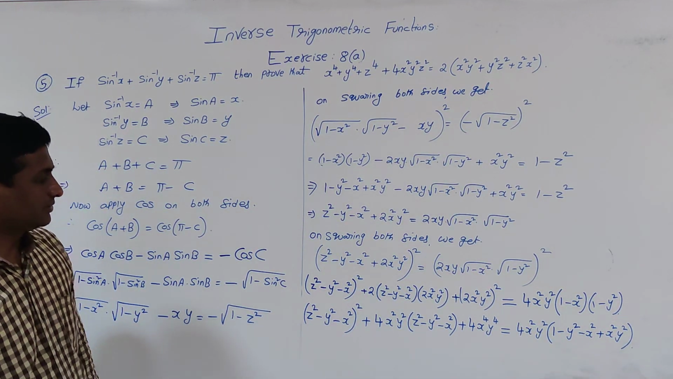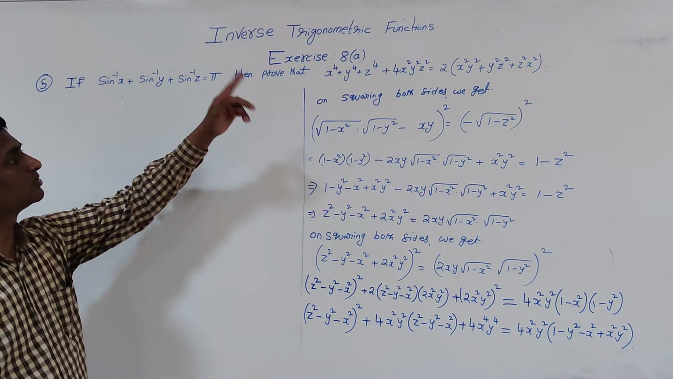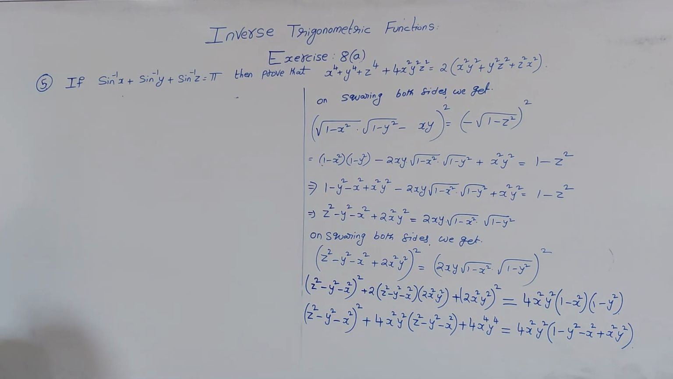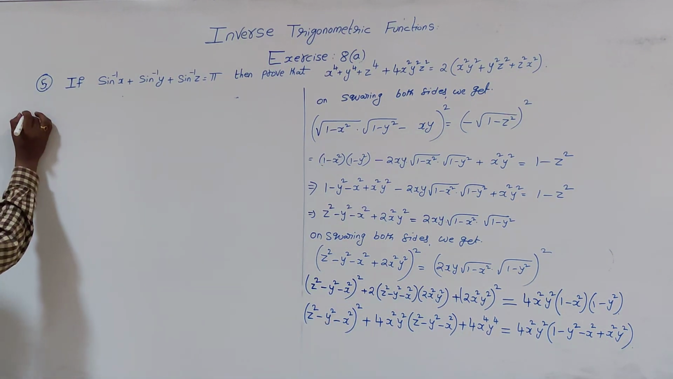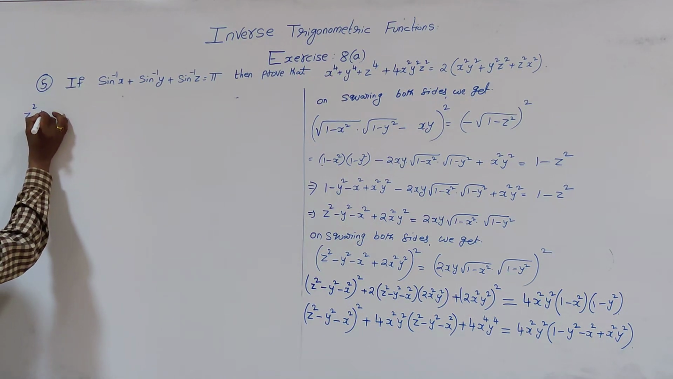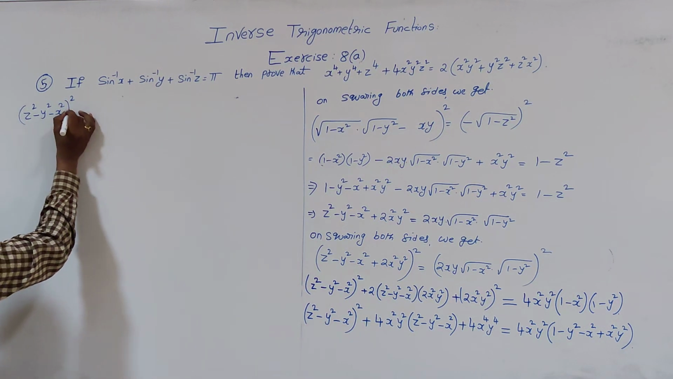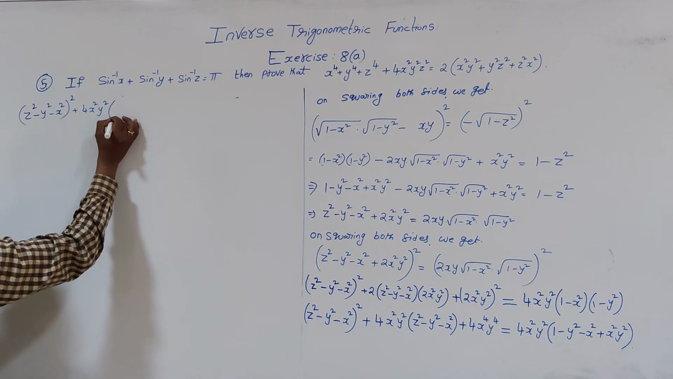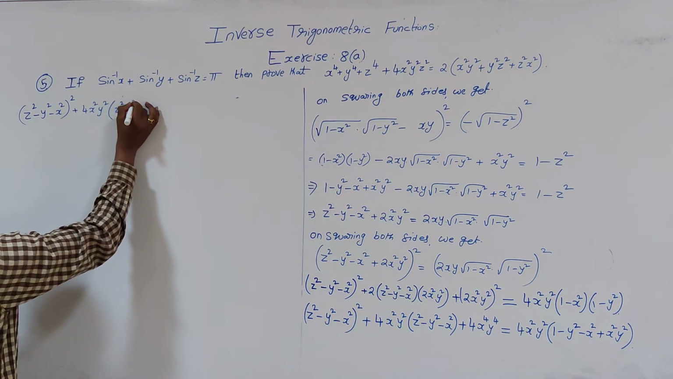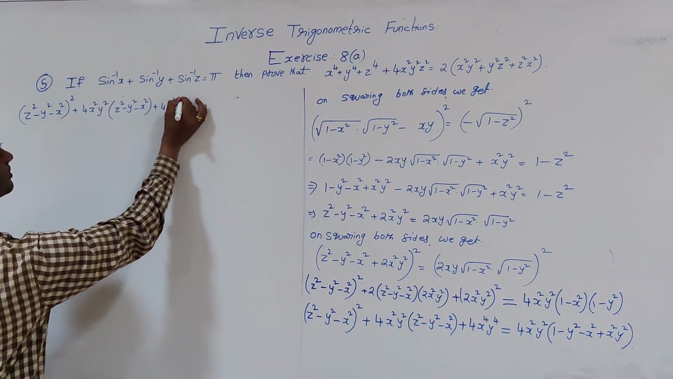So now we will simplify. We have to simplify this and show that it is equal to the proof. How to simplify is very important. So z² − y² − x², we'll keep as it is. (z² − y² − x²) whole square plus 4x²y² times (z² − y² − x²) plus 4x⁴y⁴ is equal to